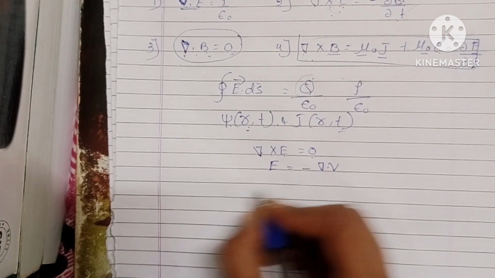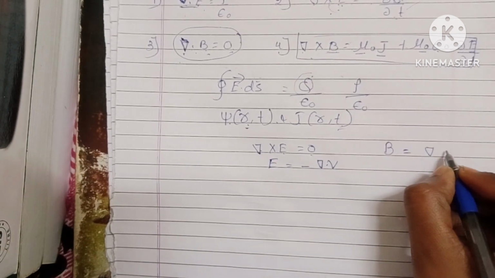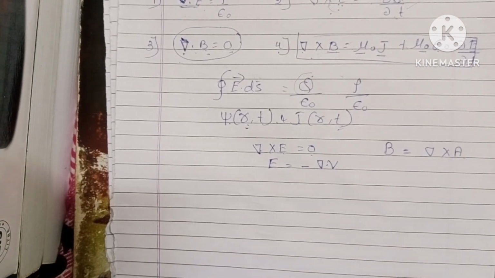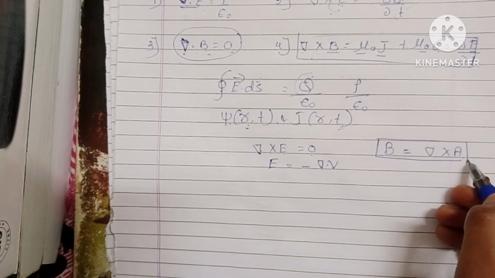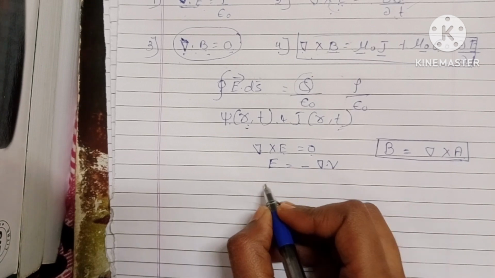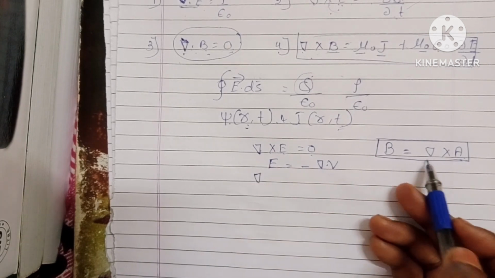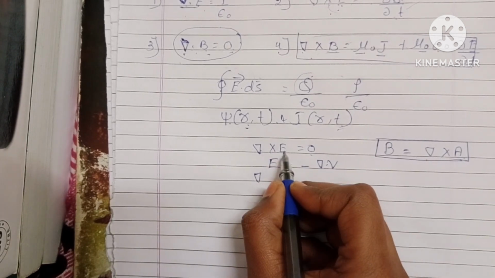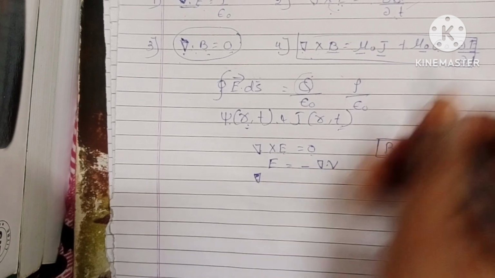So we know that B is equal to del cross A. Okay, so del cross A. You have to remember this thing. B is equal to del cross A. Moving further, so the remaining thing is, we have to substitute here because we know that